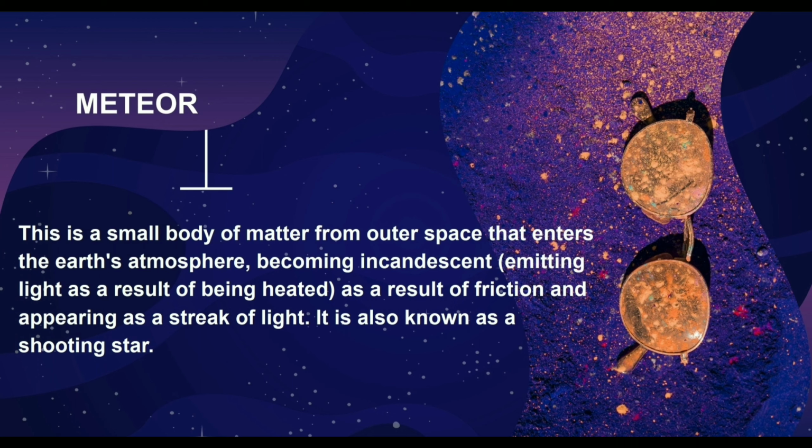So we know that shooting stars can be rare, and every time we see one, I always say, look at that, make a wish. So we think it's just a star that's falling from the sky. Well, we would say from the sky, but it's actually a meteoroid that is entering into the Earth's atmosphere. And because it enters into the Earth's atmosphere, it is now classified as a meteor. And as it enters, it begins to emit light because it's being heated as a result of friction. So it's passing through these dense layers of atmosphere, and because it's creating friction, it's appearing as light. So it's a streak of light that we see, and they say, look up, make a wish.